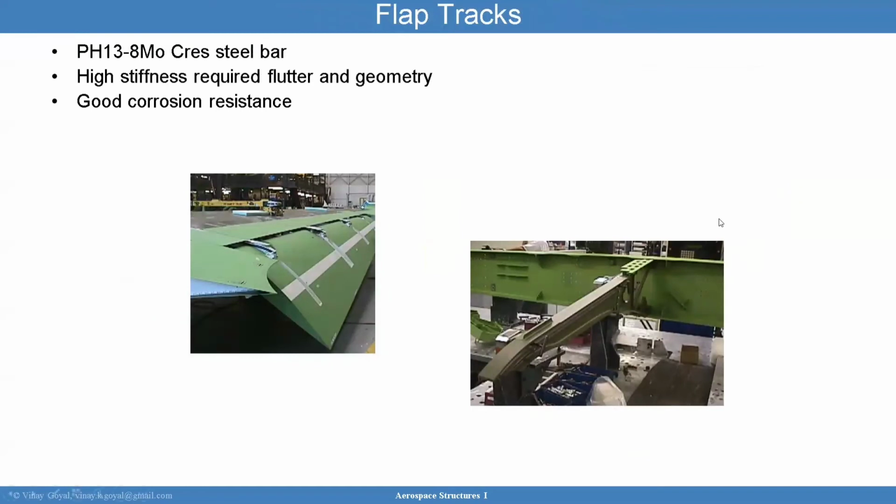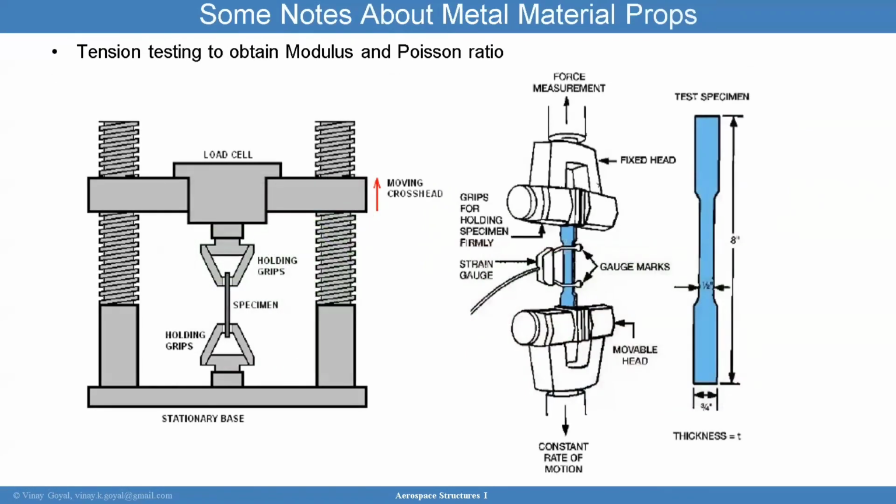The flap tracks very often are steel bar, and high stiffness is required for flutter and geometry, and again, good corrosion resistance. So, some notes about metal material properties. Typically you have, and you've seen this before in other courses, so I'll be glancing over this a little bit and providing some context for the most part. But I want to point out that